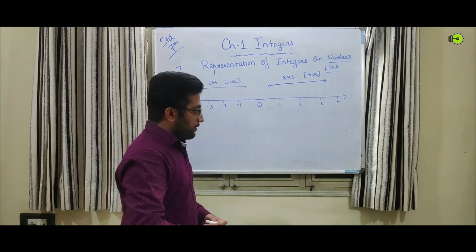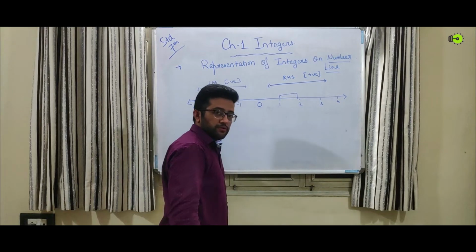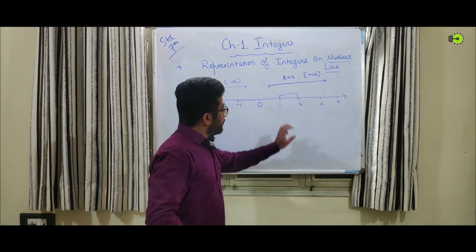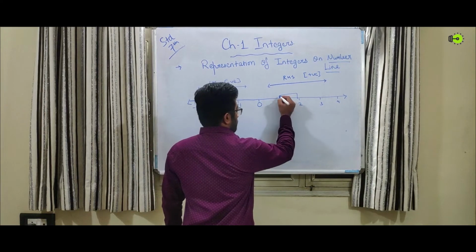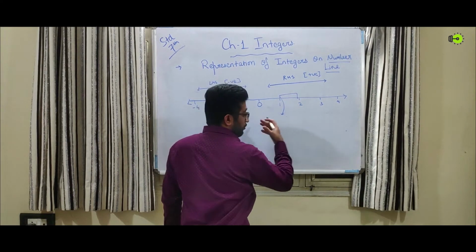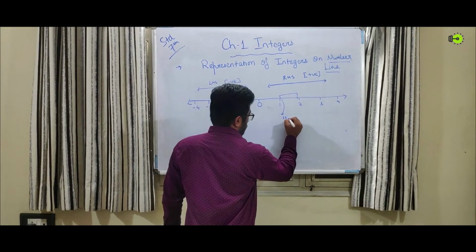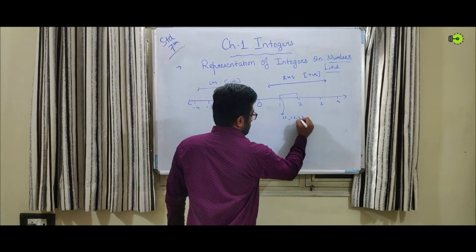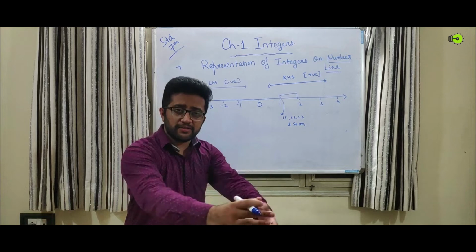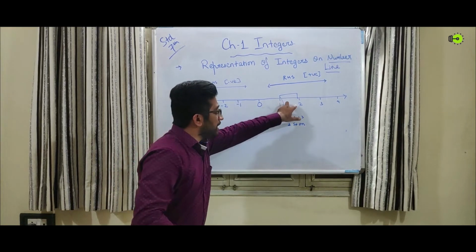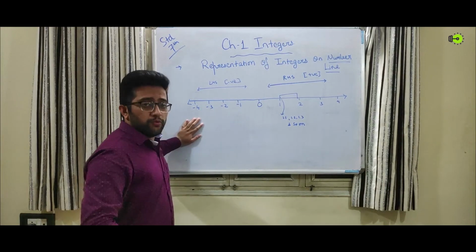Also remember that there are a lot of decimals and fractions between any two integers. Suppose we take the example of 1 and 2. There are a lot of fractions and decimals in between them, that is 1.1, 1.2, 1.3 and so on. Numerous fractions, decimals and other numbers are there between any two integers. Similarly, the case applies for the negative ones.